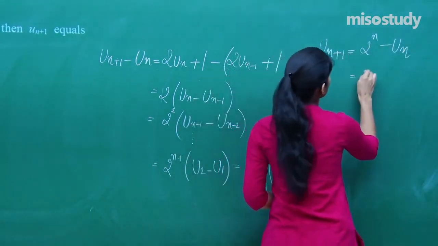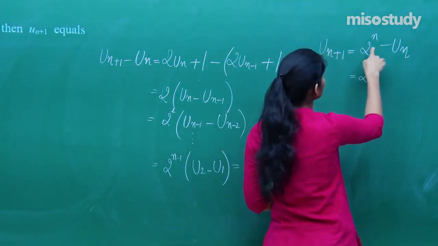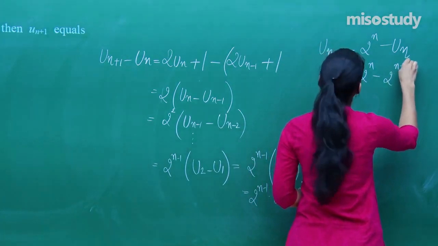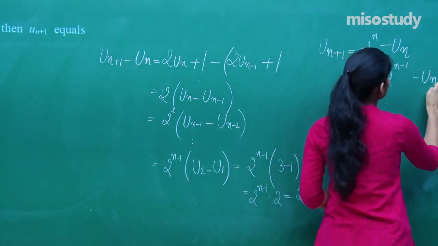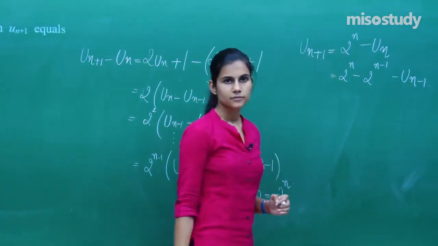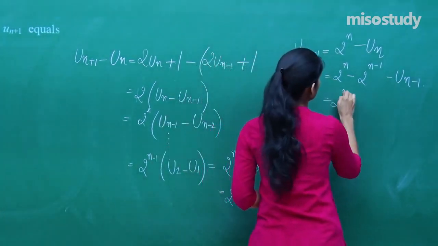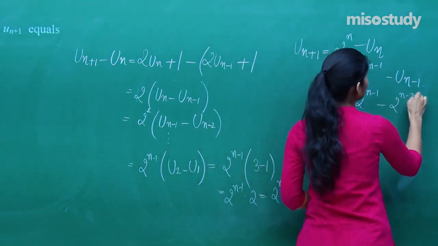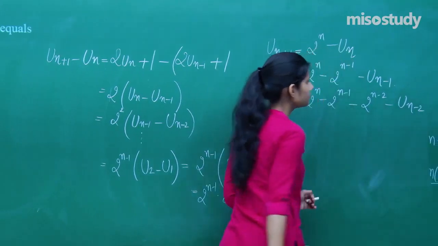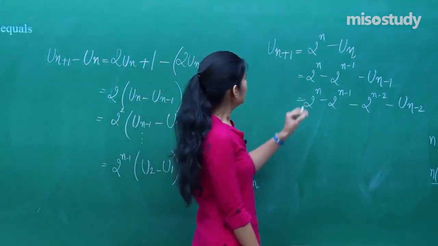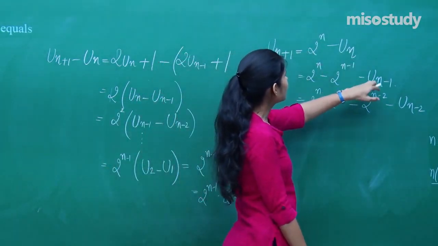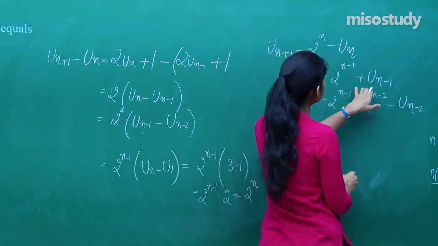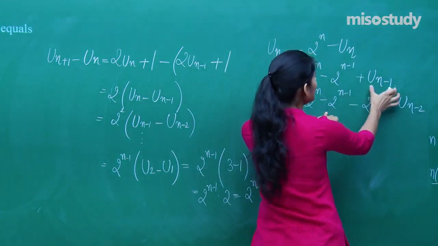Right? This will be 2 to the power n, this u(n+1) is 2 to the power n minus u(n). So u(n) will be 2 to the power n minus 1 minus u(n-1). Right? Then u(n-1) will be 2 to the power n minus 2 minus u(n-2). This is this, so u(n) will be 2 to the power n minus 1 minus u(n-1), so this will be minus this plus this. And the moment you write this, what are you left with is, now u(n-1) will be